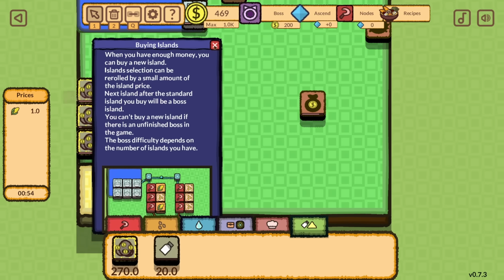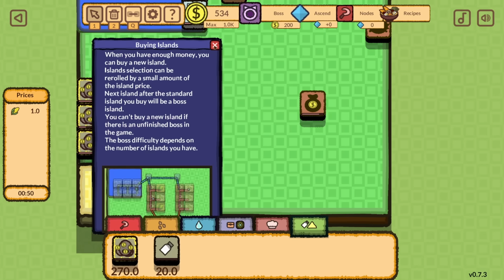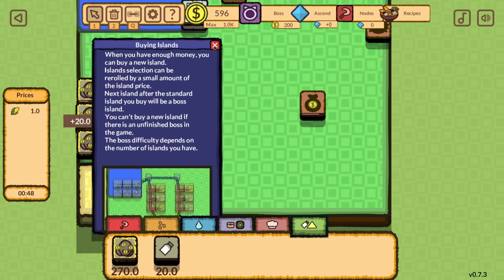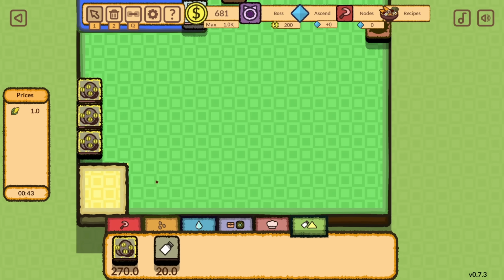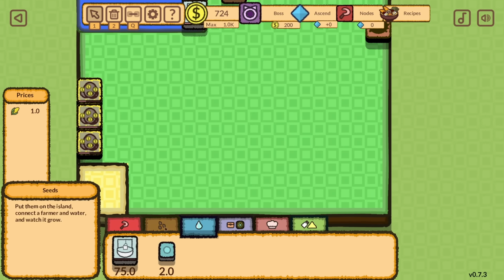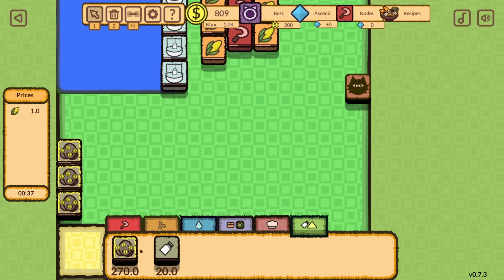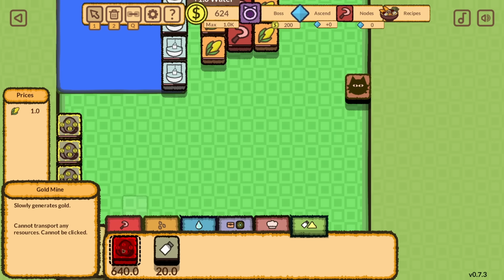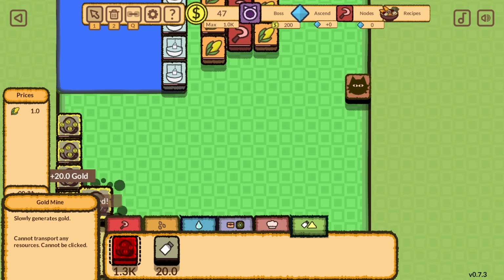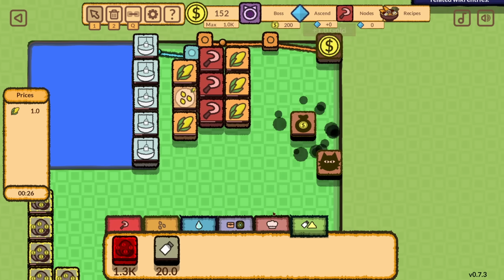Okay, when you have enough money, you can buy a new island. Island sections can be re-rolled a small number of times. Next island after the standard island will be a boss island. You can't buy a new island if there's an unfinished boss in the game. Okay, and the thing is, we now have silly amounts of money gains, so why do we start with gold mine? That doesn't seem balanced. I guess they do get progressively more expensive, but still...